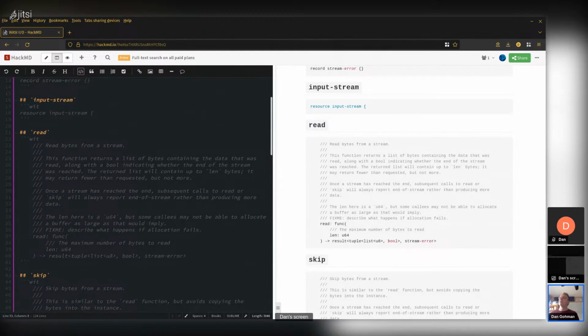Provide a len range, let's see. So yeah, the U64, I think that's an interesting question. I think I managed to convince myself on the fly here that it's the caller's responsibility to not pass in a U64 that's too big for itself. And in general, you're not going to want to do a read with a multiple gigabyte buffer.